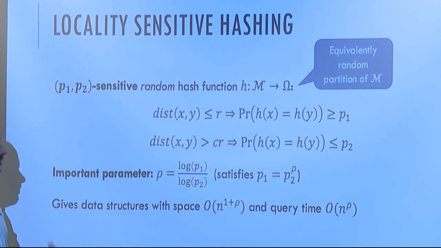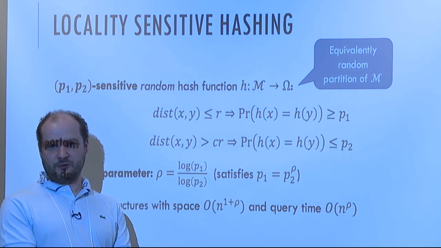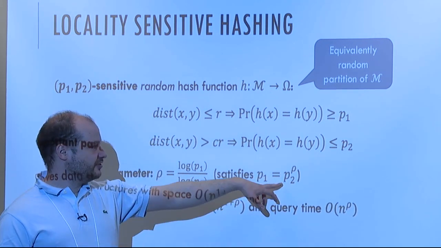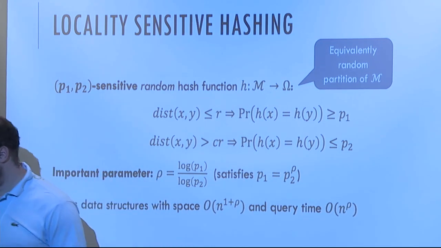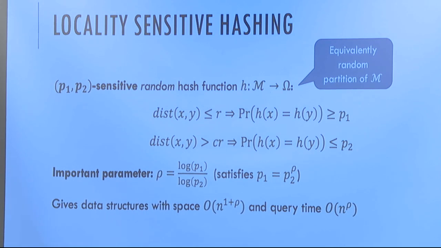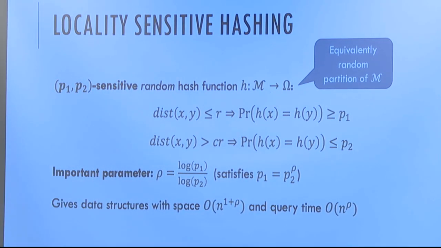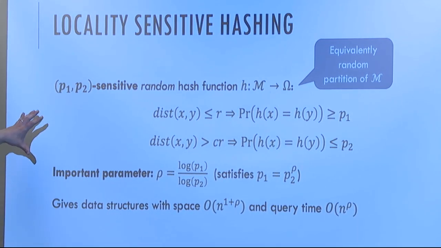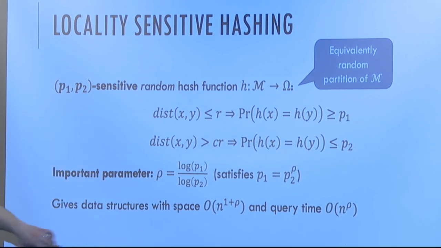Think of it like, it would be great, for example, if p1 is the square root of p2. These are numbers less than 1, so square root means quite a bit bigger. If p2 is 1 over 100, the square root of that is 1 over 10, which is quite a bit bigger. Okay. So whatever is the best rho, so that p1 is p2 to the power rho, if with that rho we have such a locality sensitive hash function, then we can get a data structure